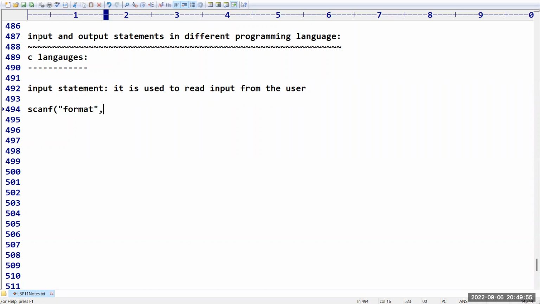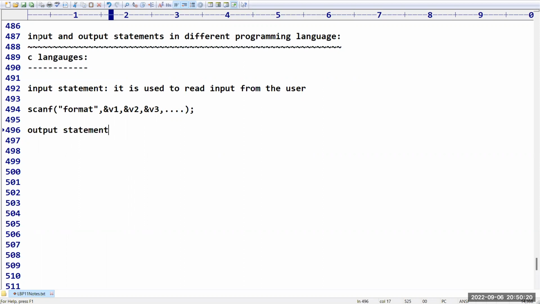Here we have to give some format and ampersand variable 1, variable 2, variable 3, and so on. When we have to use the ampersand and when we have to ignore it, we will discuss while dealing with the programs. These things are basics.